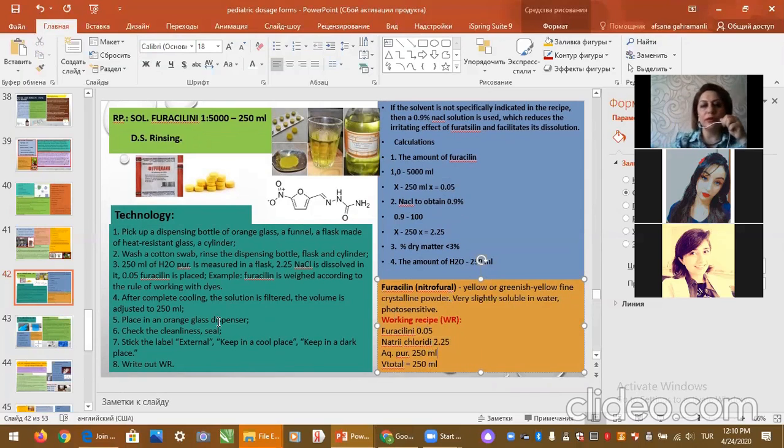And technological process, at first we must pick up a dispensed bottle of orange glass because it's light sensitive, a funnel, a flask made of heat resistant glass, a cylinder, wash a cotton swab, rinse the dispensed bottle, flask and cylinder, 250 milli of purified water. Purified water measured in a flask and